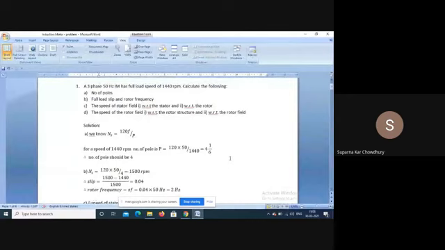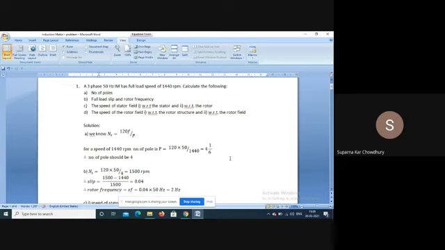So corresponding to 1440, if we consider that that is the synchronous speed, then the number of poles calculated comes to be 4 and 1/6. So actually we cannot have that, and we know that the synchronous speed is not 1440. So the nearest integer, the number of poles, will be 4. So corresponding synchronous speed you can calculate, that is 1500 RPM.